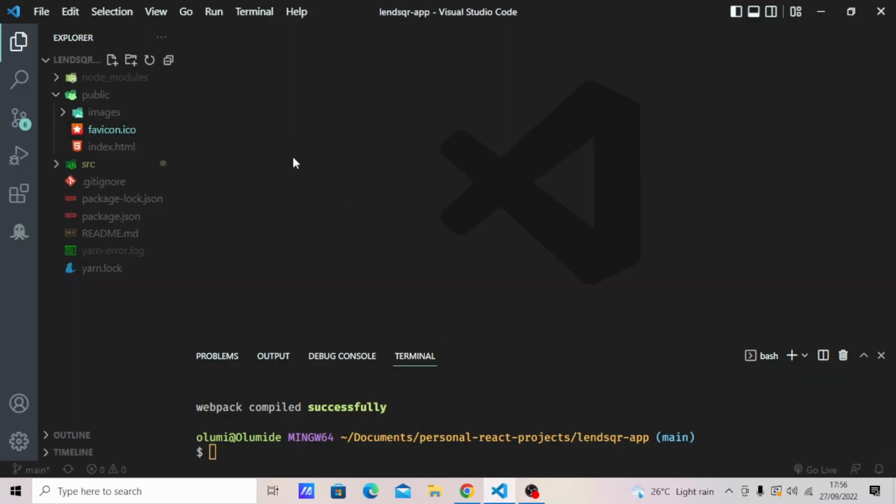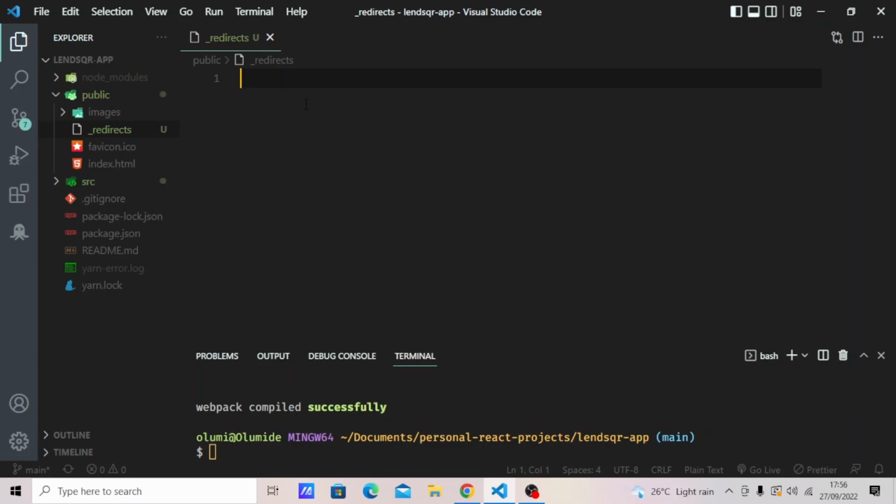So the first step of deployment is we have to make sure we create a _redirects file inside of the public folder. The reason we are creating this file is to avoid a particular error in Netlify apps. So this file will avoid the error for us. So inside the file, you will type /* /index.html 200